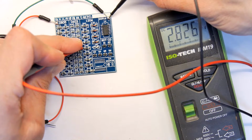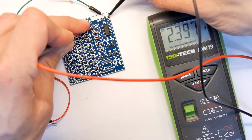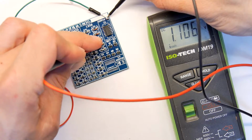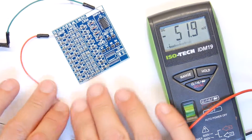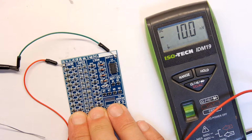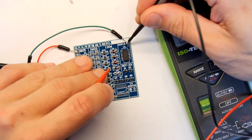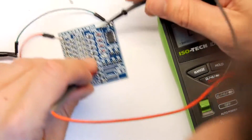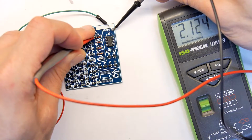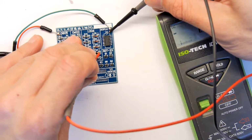2.7 volts. 2.8. Very odd. Yeah. So there you go. Fascinating stuff, isn't it? I may or may not have put the LEDs in the wrong way around, or the diodes, but I'm just trying to see the circuit here. I can see for sure the diodes are going like a zigzag, like that, basically. But I can't help feeling